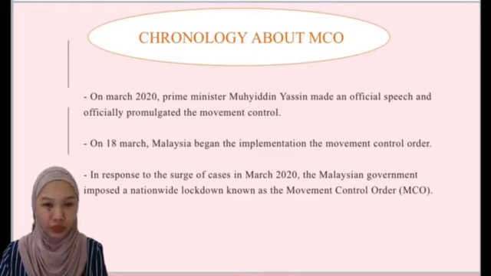In March 2020, Prime Minister Muhyiddin Yassin made an official speech and officially promulgated the Movement Control Order under the Prevention and Control of Infectious Diseases Act 1988 and the Police Act 1967. The order included the following restrictions. On 18 March, Malaysia began the implementation of the movement control order. On March 25, the Prime Minister, in a live national broadcast, announced a first extension of the MCO to last